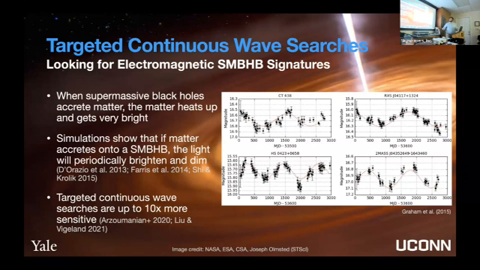And if it is associated with a supermassive black hole binary, then we should look there, because it turns out that if we know exactly where to look in the sky as well as in frequency, our continuous wave searches can do about 10 times better in their sensitivity. So instead of having to wait for 5 to 10 years, we might be able to start seeing some of these in the next year to 3 years if we know where to look and if we're lucky.